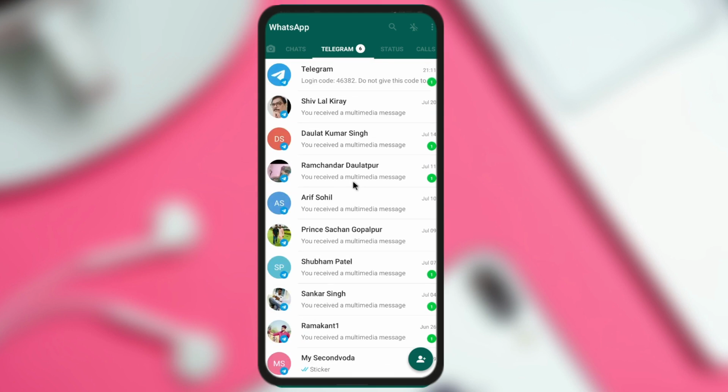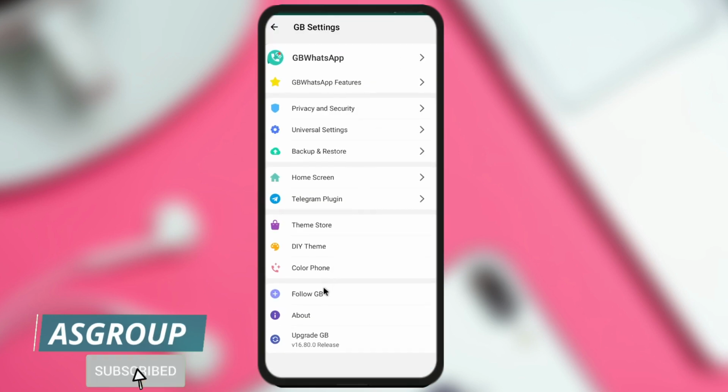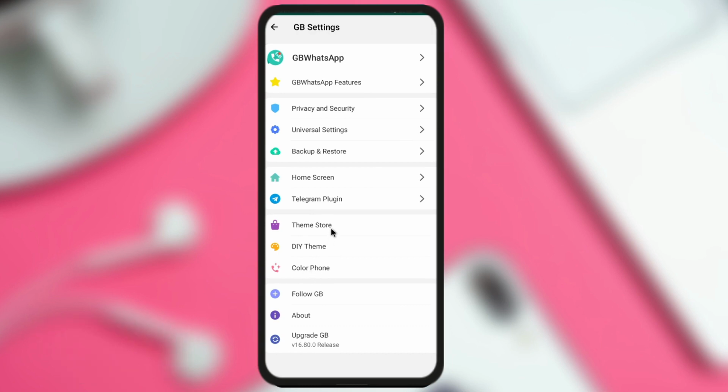One of the best things is that, as I told you, it has the latest security patch of 25 July 2021. Let us talk about another feature. Now let's go back. These three options are the same as I showed you in the home screen. By using this option, you can reach the theme store and download themes. By using this option, you can customize your home screen and conversation. By using this option, you can download the caller phone, but they are not working properly.